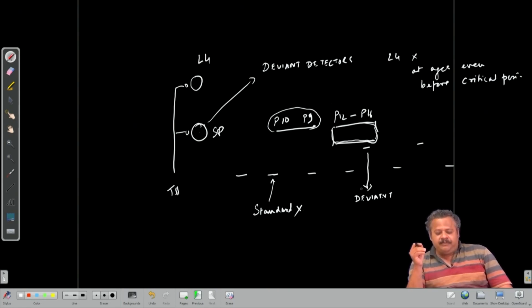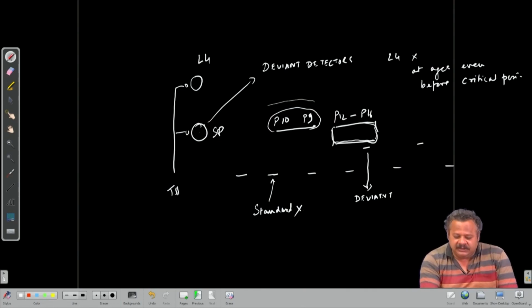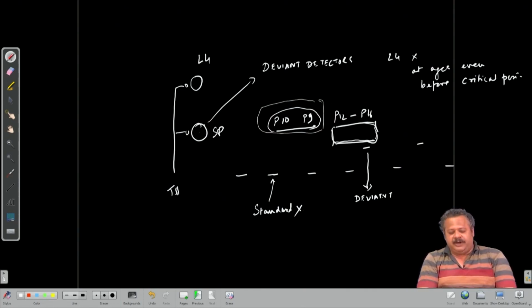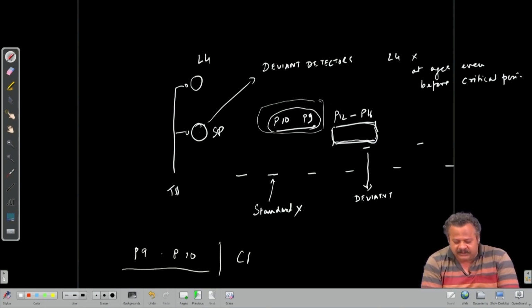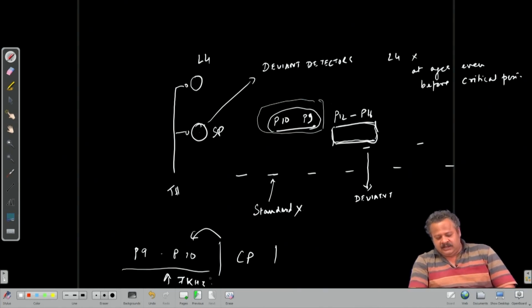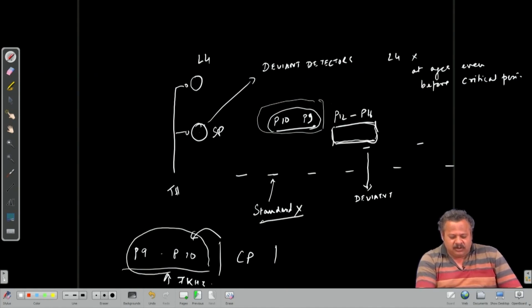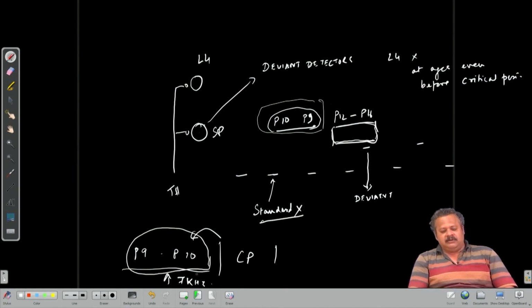So, in other words, if at these ages we do the 7 kilohertz experiment, that is at P9 to P10 or P11, before the critical period, so let us say this is the critical period. Before this, if you do the 7 kilohertz presentation as discussed, then based on these data, for the standard there is no response, so the subplate neurons are not at all driven by this continuously presented 7 kilohertz tone. And so there is no effect of a continuous presentation of the 7 kilohertz in terms of plasticity in the adult.